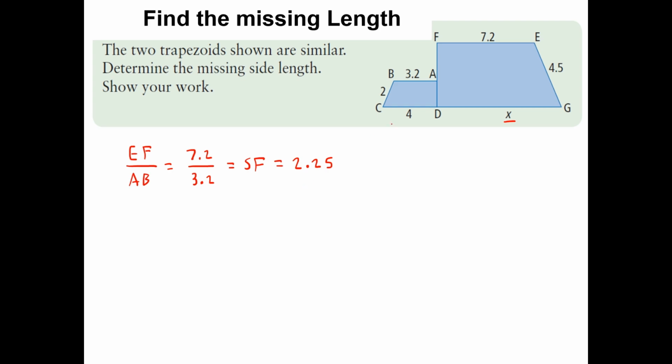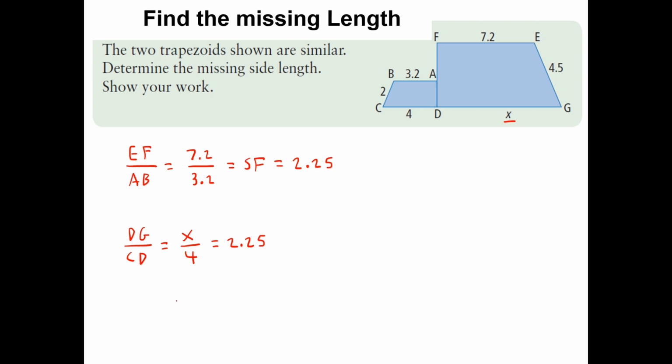sides. In this case here, I'm just looking for x, and the corresponding side to x, which is going to be D to G, is going to be C to D. So because I started with my scale factor, I had big divided by small. I'm going to want to do something very similar here. All right. So it's going to be the DG divided by CD. And the length for DG is going to be x. The length for CD is 4. And it's going to be equal to my scale factor of